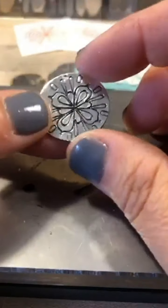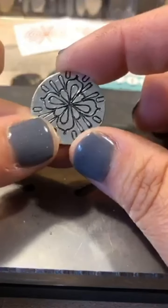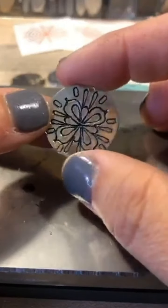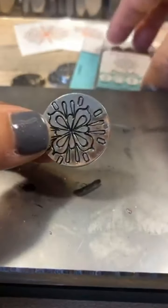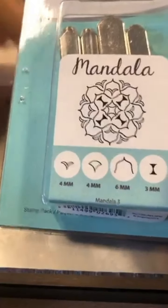All right, so with this, you could do all different patterns. Okay. So that's Mandala pack number 2, and we're gonna play with that in a couple of minutes. And then we have Mandala pack number 3,